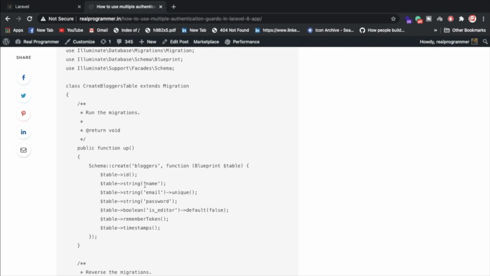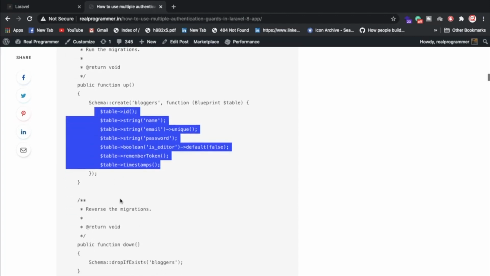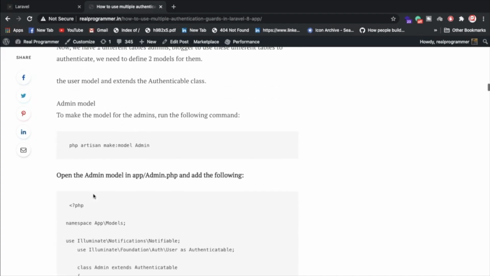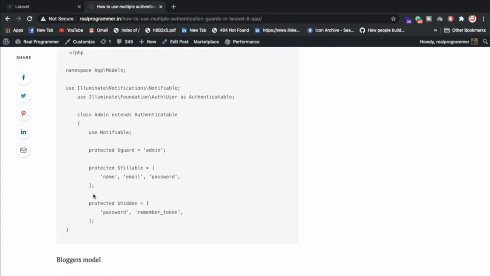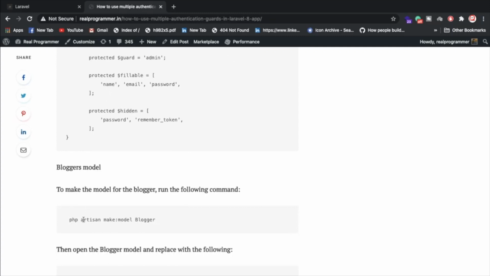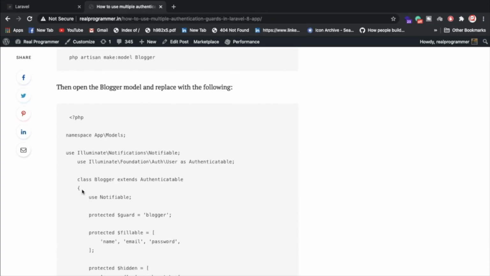So we have name, email, password, editor, which you can add as columns in your database table. Okay, so we have these fields, and again we can migrate the database. Once you have migrated the database, you need to create a model. I have already explained the model. We have two models right now: Blogger, and second is Admin. Once your models are created successfully, then what you need to do here again is